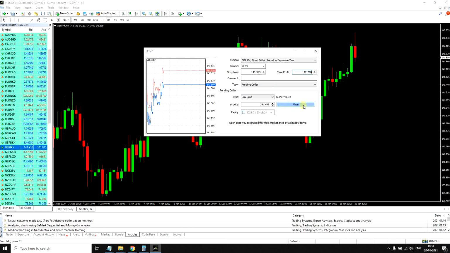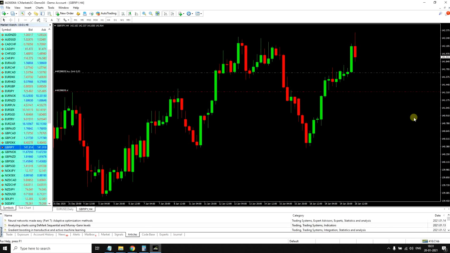That's it. Our setup is ready. We are ready with the limit order setup, and just click on place. That's it. We are ready. If we are going to lose, then we are going to lose how much? You can see that SL means your stop loss. If you take your cursor on this line, you will see profit is equal to minus $9.3. That means if you lose this trade, you are going to lose $9.3. That is approx your 1% of your account.